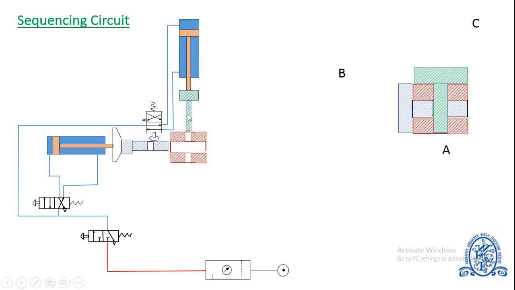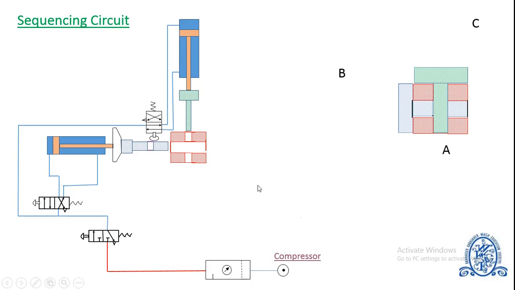Now, before we see how the circuit works, we will get briefly introduced to the components used in the circuit. The first component is compressor. A compressor is a machine that compresses the air or any other type of gas from a low inlet pressure, usually atmospheric pressure, to a higher desired pressure level. The compressor increases the pressure of air by reducing its volume. Work required for increasing pressure of the air is available from prime mover, which is driving the compressor.